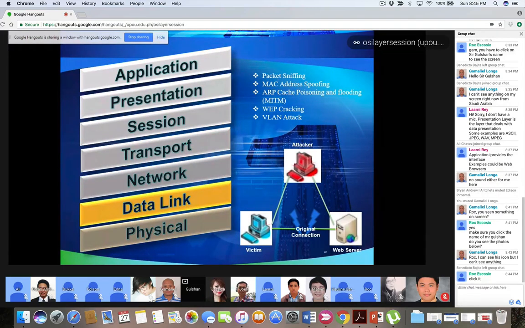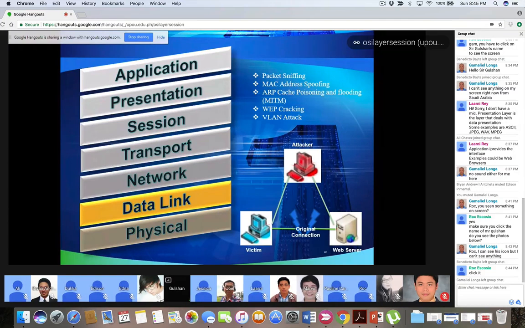At this stage, there are techniques: if you know anyone who is connected to the network, you get the MAC address of that person, you change the MAC address of your machine to that MAC address, and you try to open any website, you can open the websites. It will work.